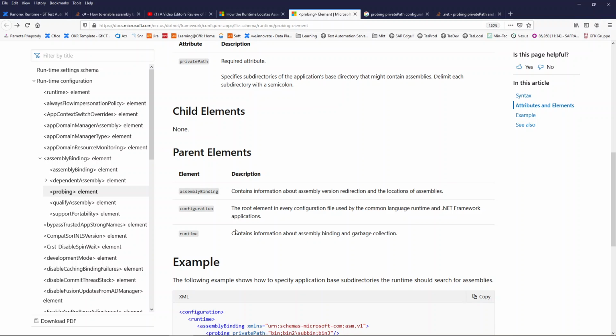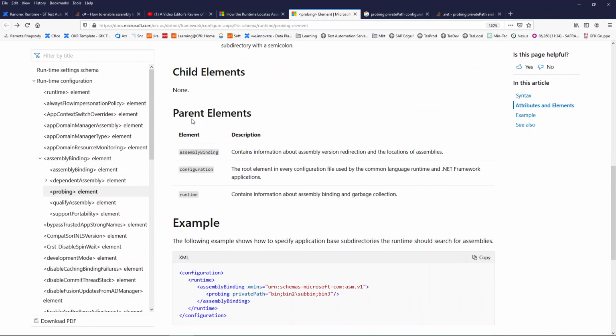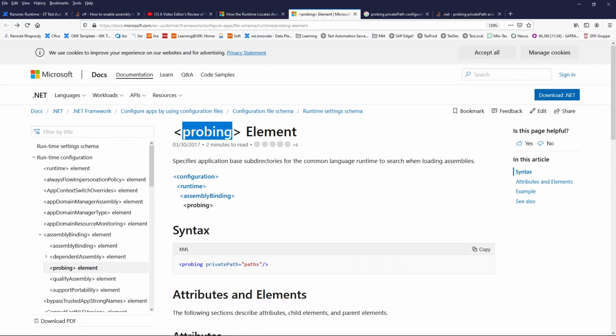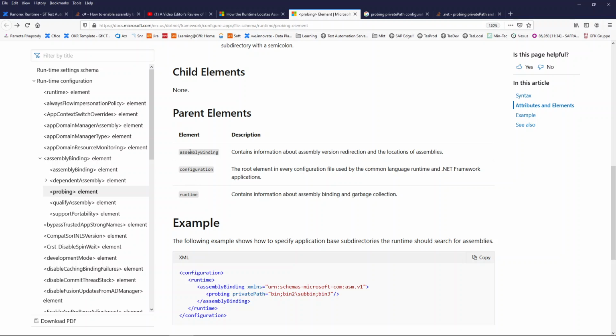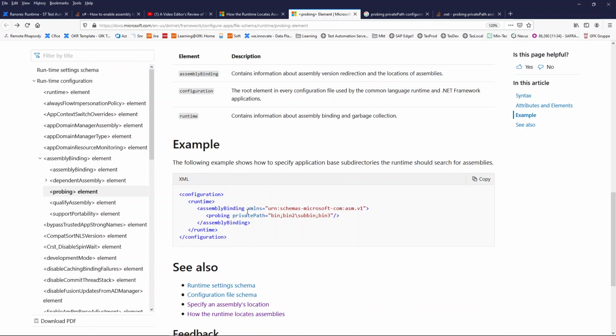The documentation is not so easy to read because it says parent element, but without specifying the order. This means that the probing element we want to add must be inside all of this, and this is the case in the example: configuration, runtime, assembly binding.